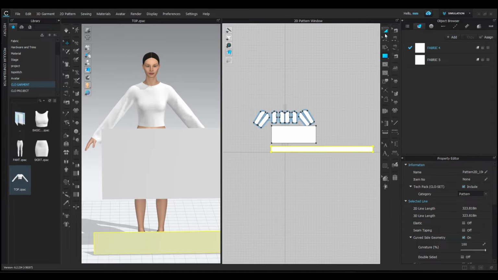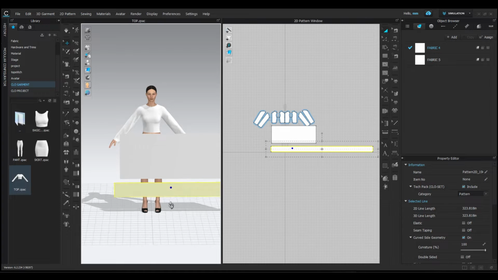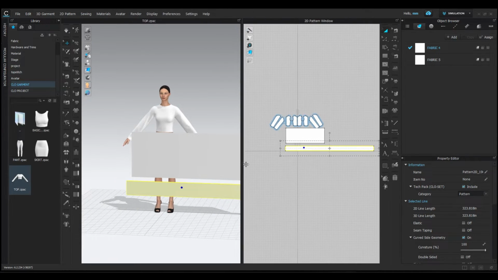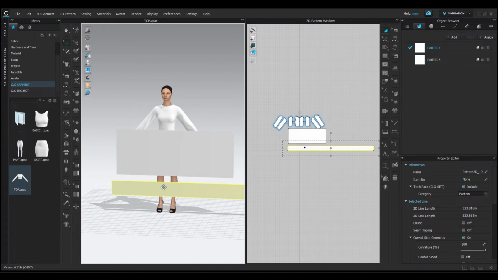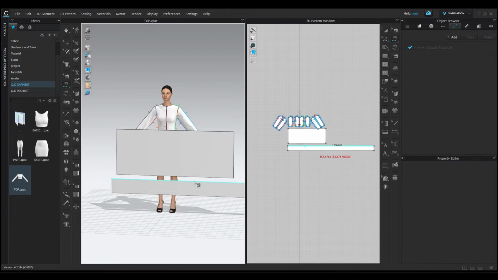Now, let's stitch the layers together. Remember one key thing while stitching: do it step by step and simulate each time. If you stitch everything at once and then simulate, you could end up with a big mesh. So, first, stitch the bottom layer to the upper layer. Simply take the segment sewing tool and stitch them together.